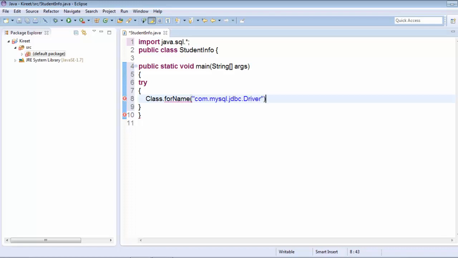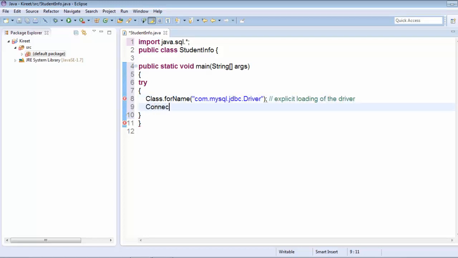So this you have to remember. Now the third step is you have to set the connection. We have to establish a connection now. This is the explicit loading of the driver, and now we have to set the connection.